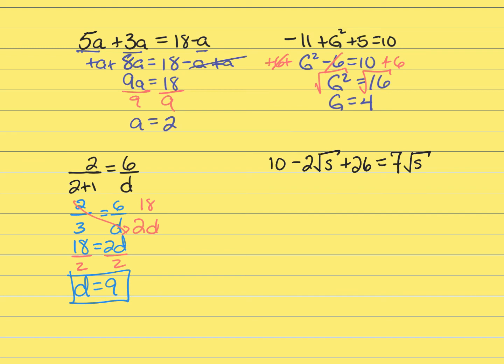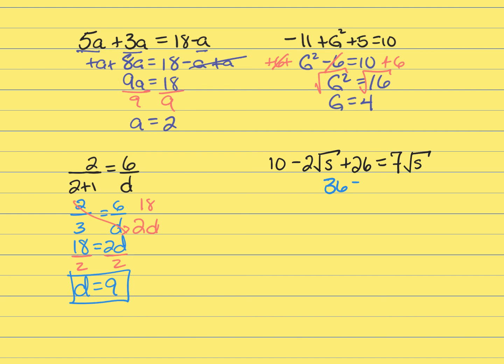All right, so last one. 10 minus 2 times the square root of s plus 26 equals 7 times the square root of s. My goal is to get s all by itself on one side of the equal sign. To do that, I'm going to start with combining like terms. So my two kinds of terms are things with the square root of s and things without a coefficient. So I've got 10 and I've got 26. That's going to give me 36,